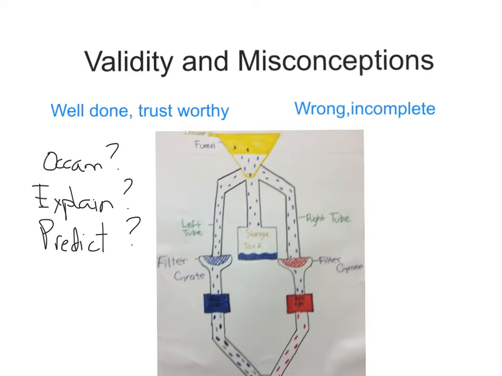There are other ways to consider the validity of other scientific ideas. For example, if you want to know if a hypothesis is valid or not, you're going to ask yourself whether or not it's logical and whether or not there is a rationale that's based on inferences rather than on assumptions. That's how you judge the validity of a hypothesis. It doesn't tell you whether the hypothesis is right or wrong. Hopefully, what will do that is an experiment. Experiments also can be considered in terms of whether or not an experiment is valid, if it's well done and trustworthy, if it's a fair test. And the things to consider for experiments are a little bit different.